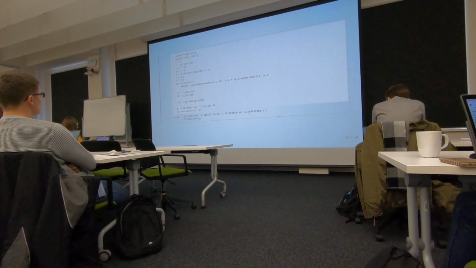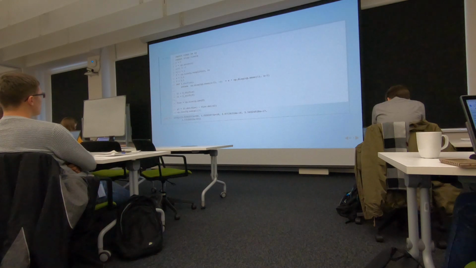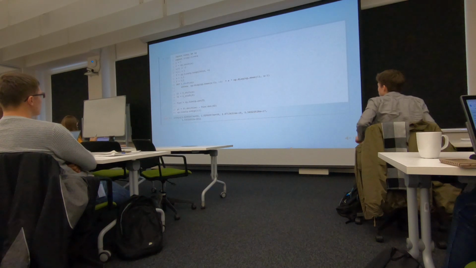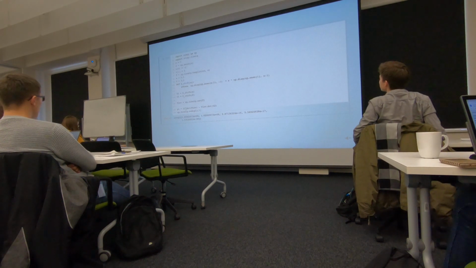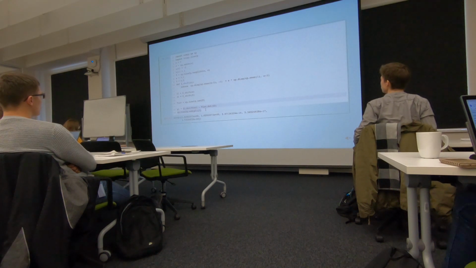So if we do this, what we are doing here is just taking a stupid inverse and computing the SVD of the displacement operator applied to the inverse. And in this slide,